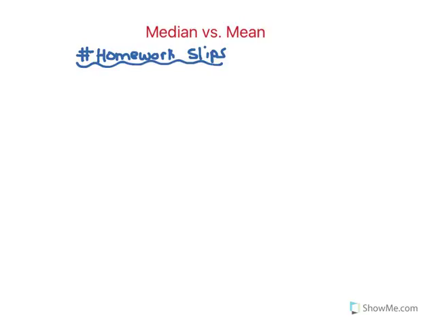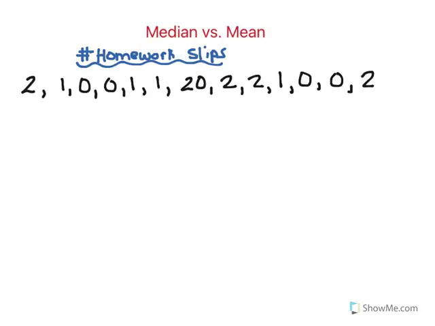And we're going to look at it through the context of number of homework slips. So let's pretend that we went around and we asked students, how many homework slips have you had this school year? And let's pretend that this is the data that we get. Now that we have our data, we could represent this in an organized way, two different ways. We could do it in a frequency table. I'm not going to do that right now, but the other way we could do it visually is to do